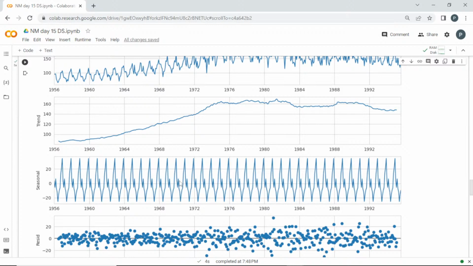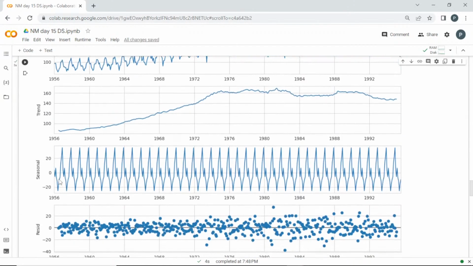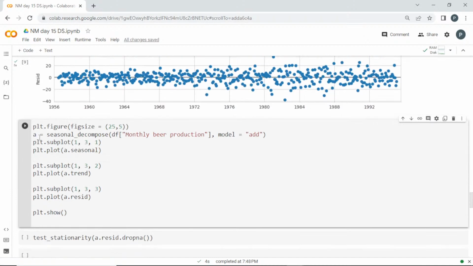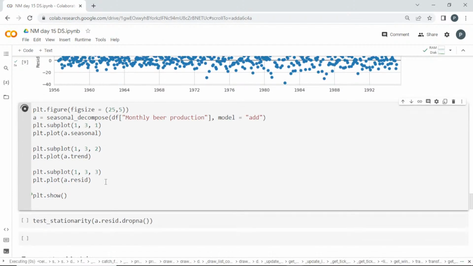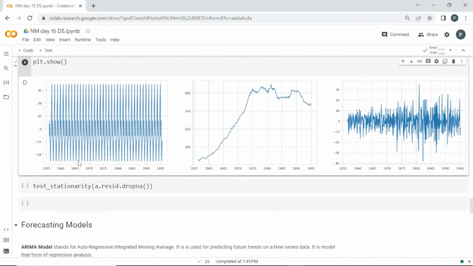So you can accommodate Sarimax to do this. You don't want to go for any smoothening effect, and we can find the residual values here. So I'm going to just plot them once again into a single graph, seasonal, trend, and residual alone. This is the seasonal, the trend, and the residual values.